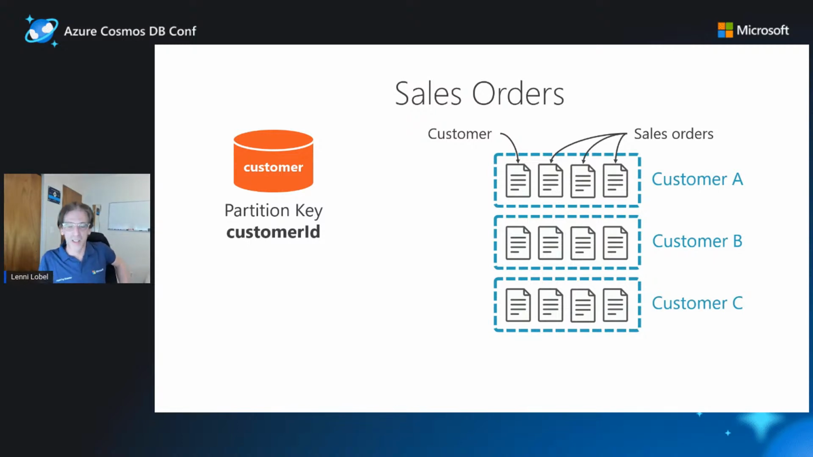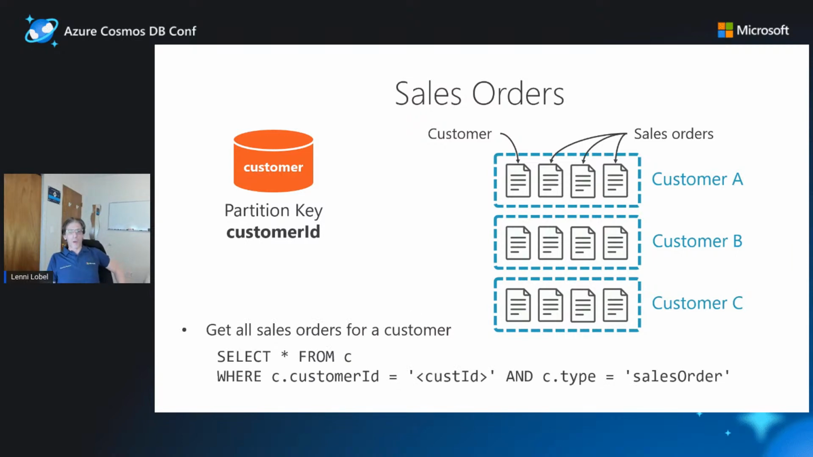So this is a very nice little design for customers and sales orders. I can run a query like so to get all the sales orders for a given customer by querying on the type property for a given customer. In fact, if I left out the type portion of my query and I just got all of the documents for a given customer, it would give me the customer and all of their sales orders along with all of the embedded information with a very